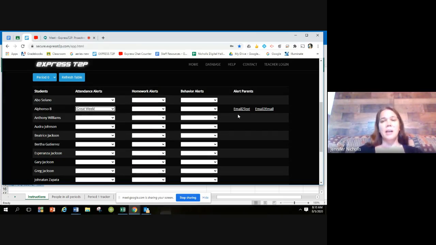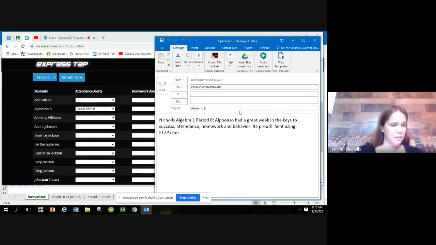There's also the Express Chat Counter, which is a different app, which I will show you today as well. The email to text comes from your school email and it gets sent as a text message to the parents, so they get to see it right away. If you click email to text,